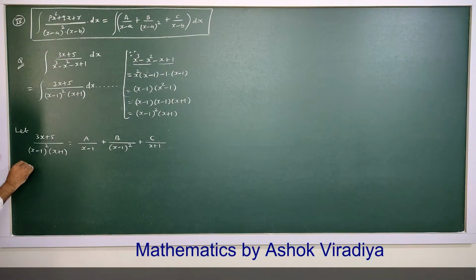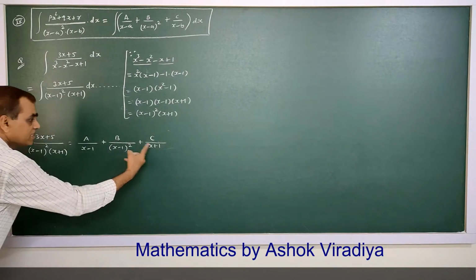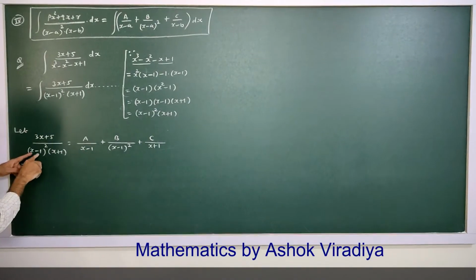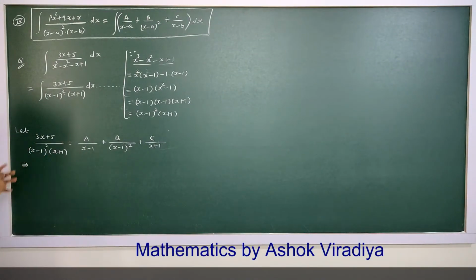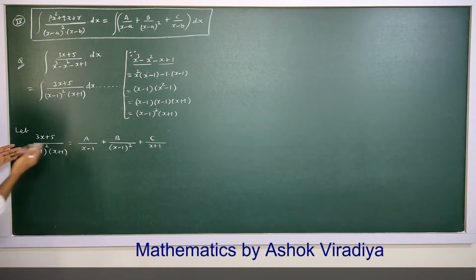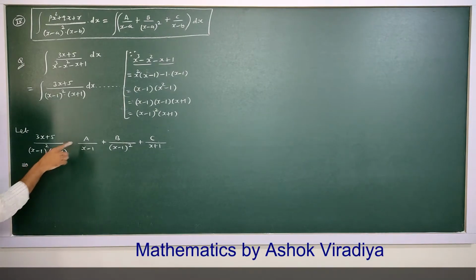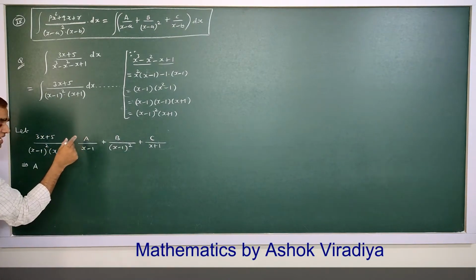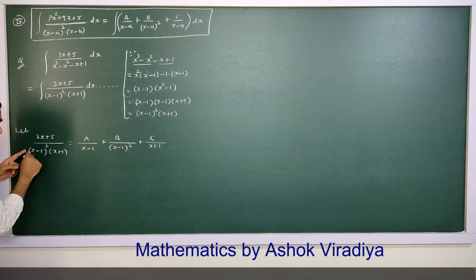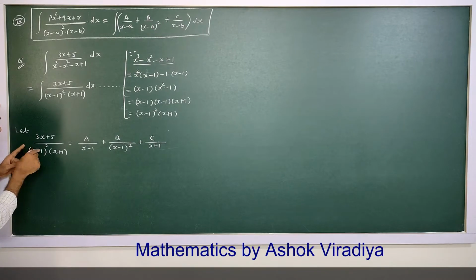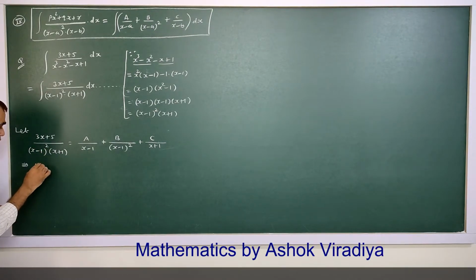Now the next step is the LCM of these three expressions, the LCM of these factors. It will be clear that on the right and left hand side, the same will be the LCM of these numbers, so that part will be cancelled. So the next step will be a into, now which factor is not in the denominator from this group. So from this group, x minus 1 is okay. So how much is left? X minus 1, x plus 1. So put here x minus 1, x plus 1.